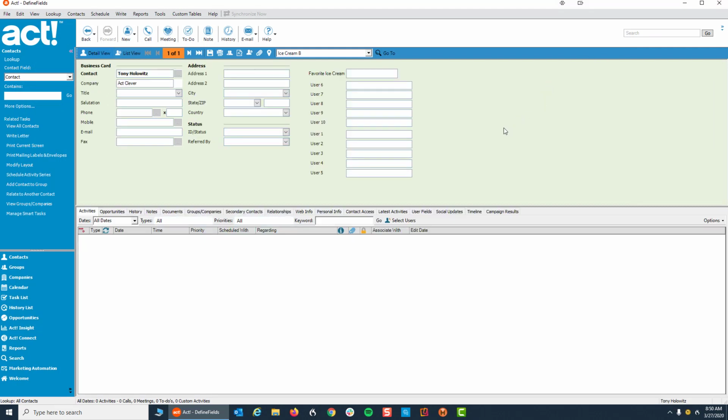Now, when you create a layout and you're on that layout, it comes right up. But let me show you something you need to know about layouts and fields. When you have a contact in Act, in this layout, the first field is the contact field. When you press the Tab key on your keyboard, again, the Tab key, it goes down to the next field,